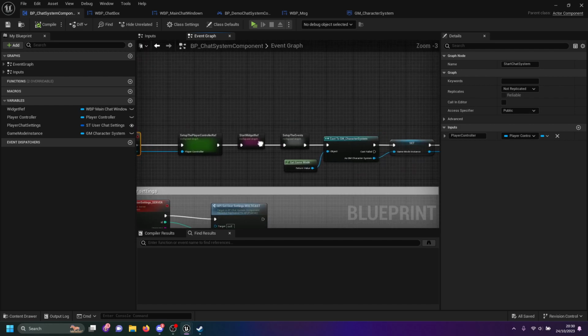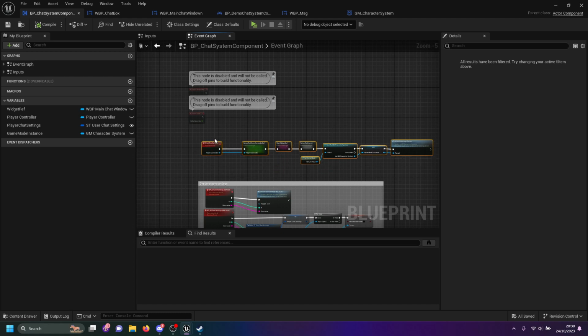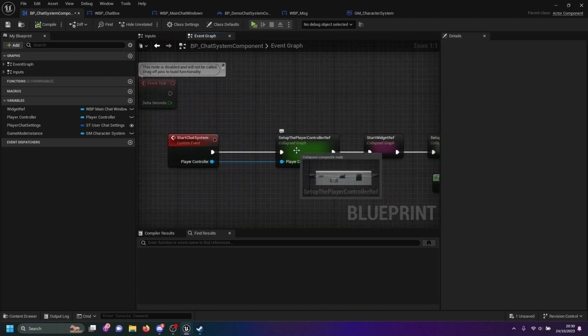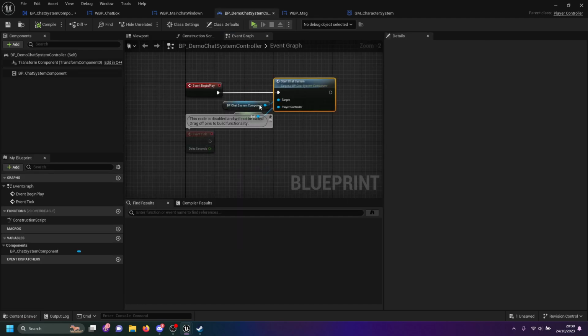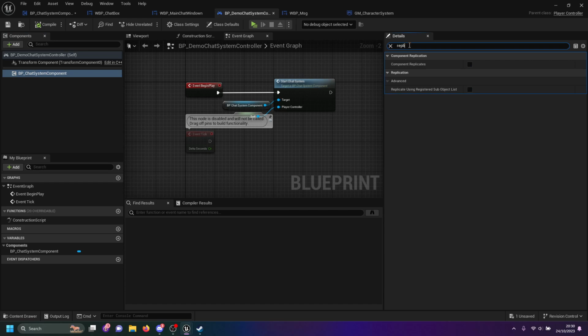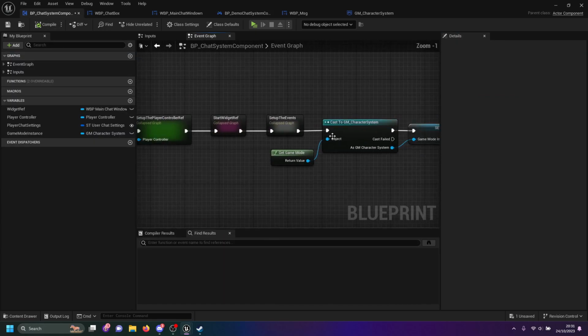And the problem with that is because this is running on a custom event, this is running on the server, right? So what I'm going to be doing here is I'm going to call this guy, I think on the player controller, yeah, we can just make sure that this is replicated, make sure that replicates. And all we need to do here